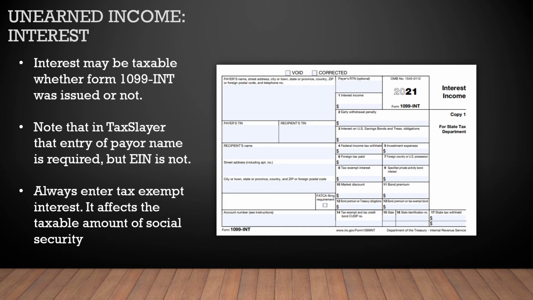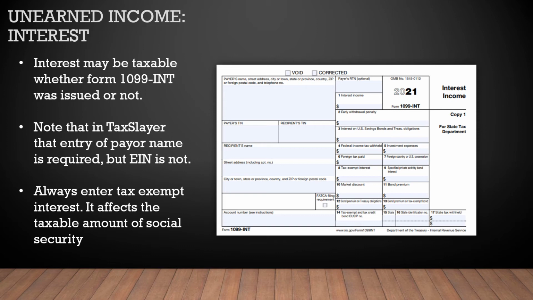So we're going to begin with interest, and interest might be taxable even if it's not reported on this form as 1099-INT for interest income. Sometimes people have informal arrangements where they lend money and get interest. That interest is taxable regardless of whether it's reported to our client on this form or not. So we need to be really clear about that with them and just make sure that there aren't any possible extra interest sources that need to be reported.